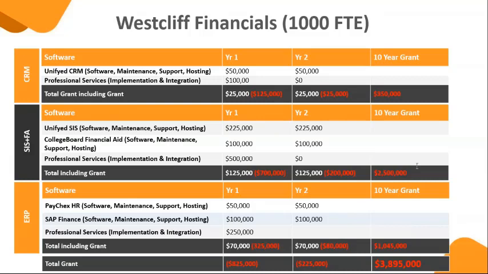Having been on the other side of the fence, it's never good to take too much risk and move too many bits. It's very difficult to manage a project of that complexity. So wherever it can be broken down into pieces, that's always helpful. And the logical pieces to break down sometimes can be the CRM, which could be an easy one to nick off. The front end of the student system, which is the mobile portal. Sometimes identity is a good place to start. Sometimes it's HR, finance. It really depends institution to institution where the right starting point is in a multi-phase type